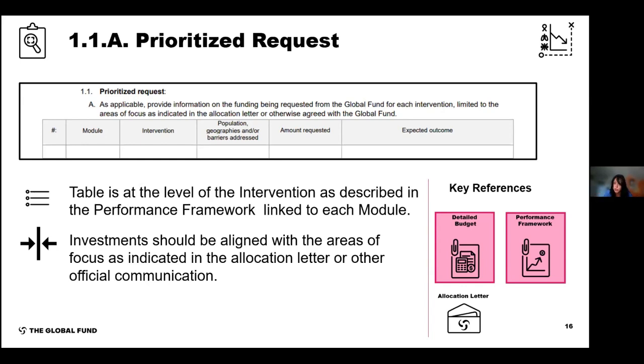We recognize this might look different from how the information is presented in the performance framework, where modules and interventions are by population. But including this information aggregated at the module level will also help a TRP review of the request. As mentioned earlier, the request here needs to be aligned with the defined areas of focus from either the allocation letter or other official correspondence from the Global Fund. So remember this yellow thing that was highlighted on the cover page. The example of,